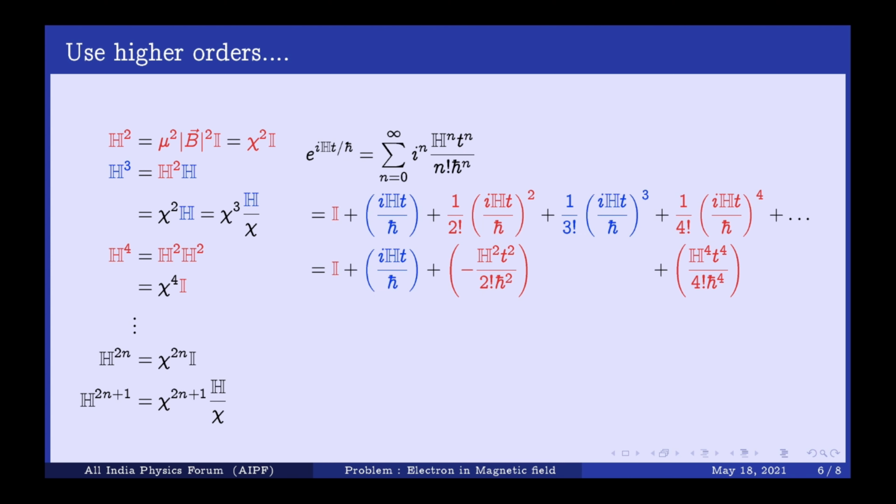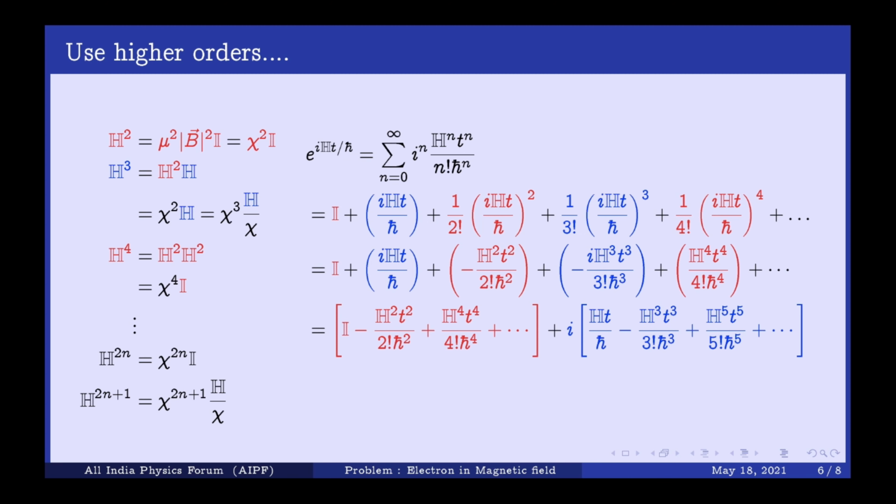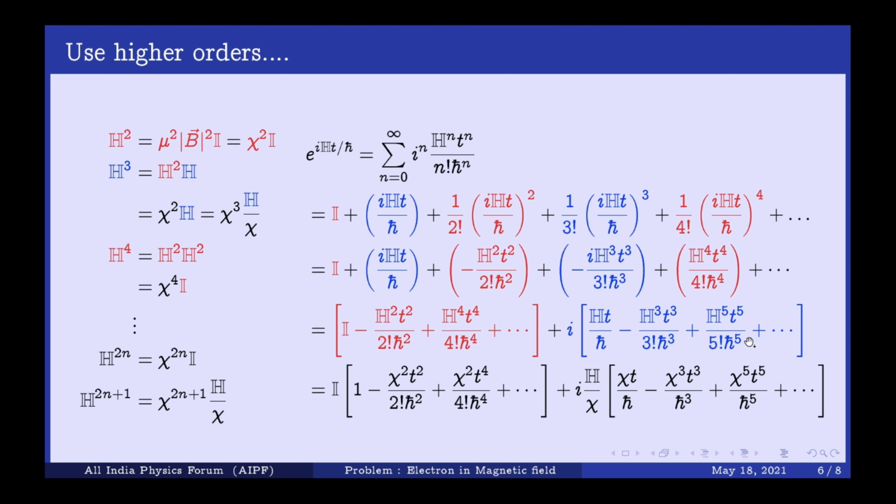So the first odd term is the trivial one, the second odd term will be this, as i cube becomes i square times i, and i square is minus 1, so this will be that, and you can proceed further. So now bring all the even terms and all the odd terms to one place. So taking all the even terms, you will find this one, and taking all the odd terms, you will get this term. Okay, so you can see that the even terms are basically the real part, and the odd terms are basically the imaginary part. So further calculation gives you this one. How will we get this?